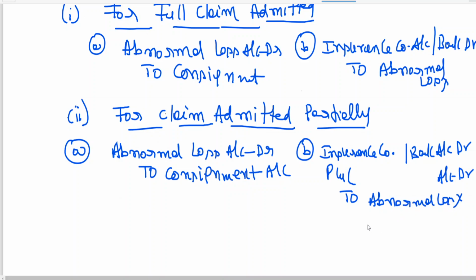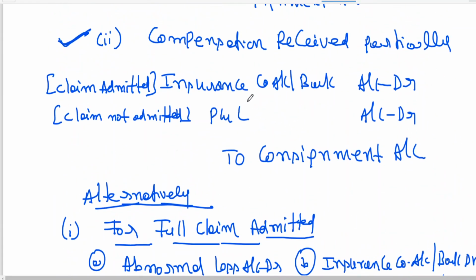Or in the examination, sometimes they will ask you to open a loss in transit account. In place of abnormal loss account, you use the term loss in transit. You need to go by the instruction in the problem. Loss in transit, goods lost by fire, are also called abnormal loss. You learn these entries in final accounts. Come on, you can see the abnormal loss account got cancelled: insurance company account debtor, P&L to consignment, no? The same is the net effect.